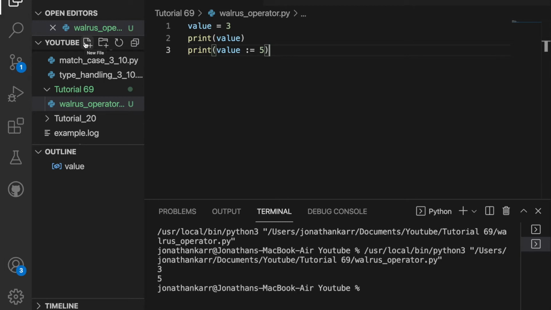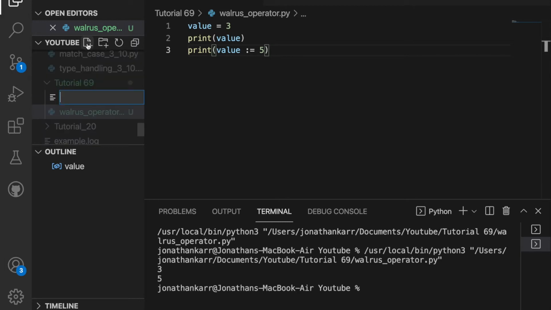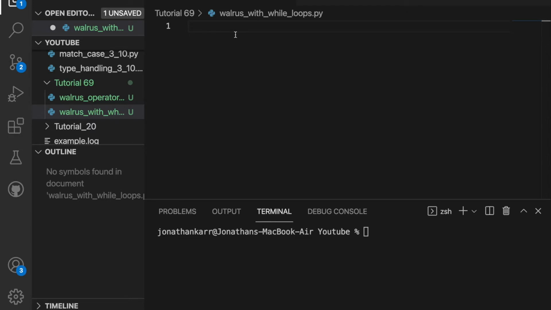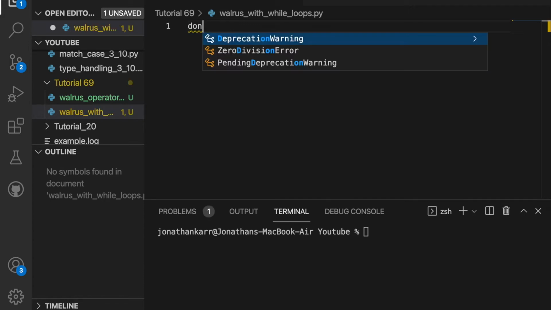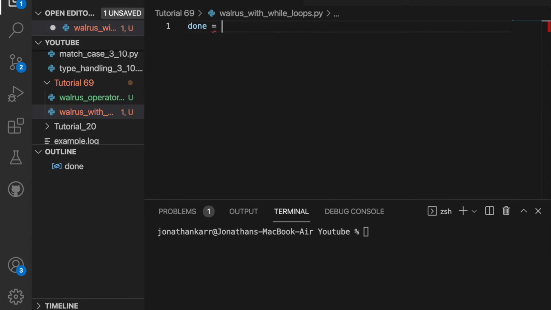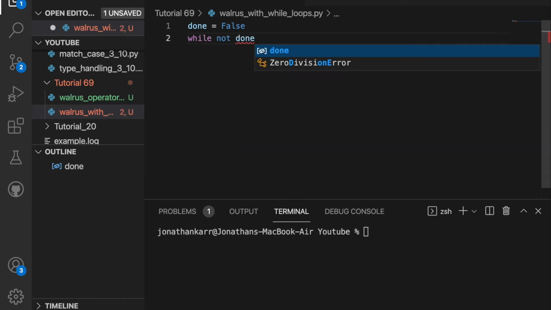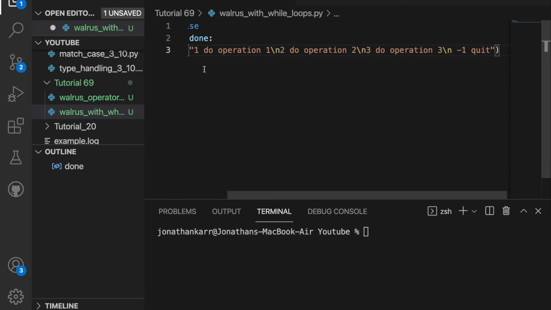So now let's use a real-world example. I created a file called walrus with while loops.py. If I want to display a menu, I could do that in a while loop using a variable called done and setting this equal to false initially. Then I'll enter the while loop and I'll say while not done, and then I'm going to print a list of options. 1 do operation 1, 2 do operation 2, 3 do operation 3, and to quit this while loop,